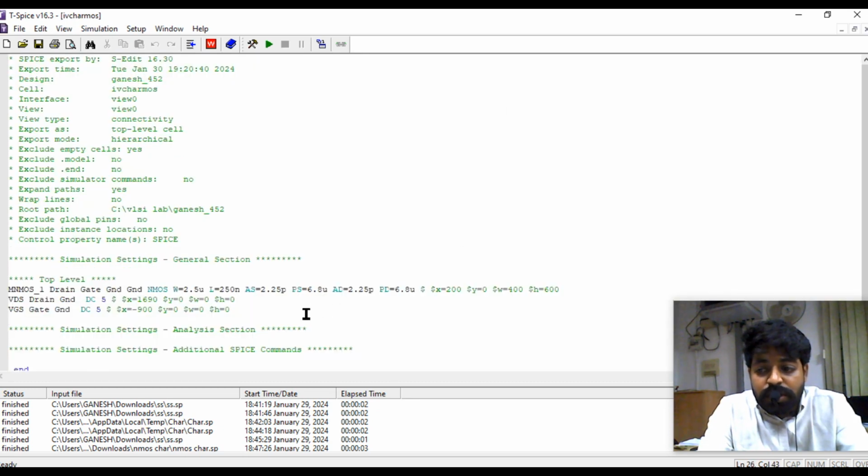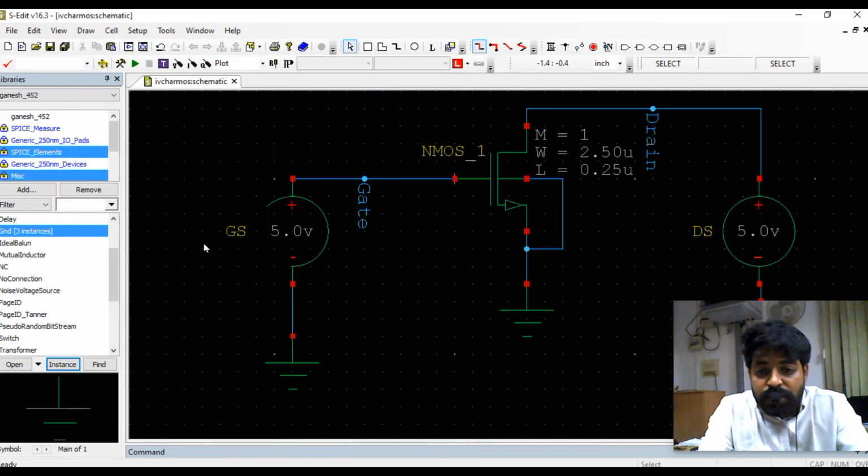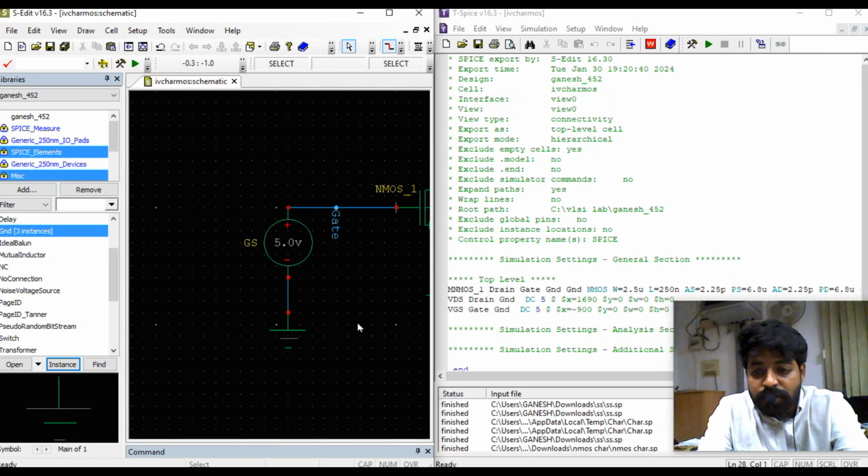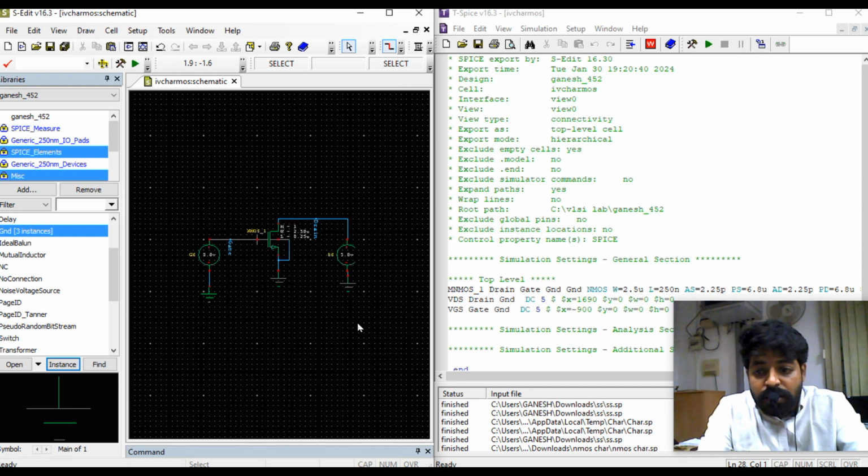Yes, so this is the spice code that you can see. So if you see the spice code over here, whatever the three components we have, one component, second component, third component,